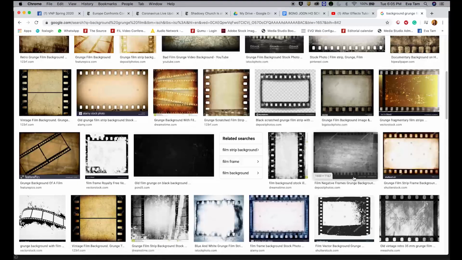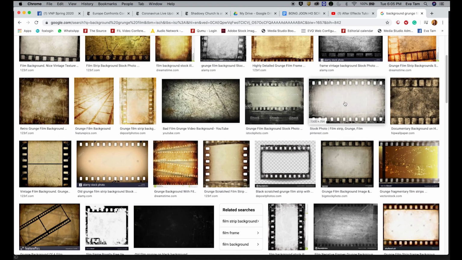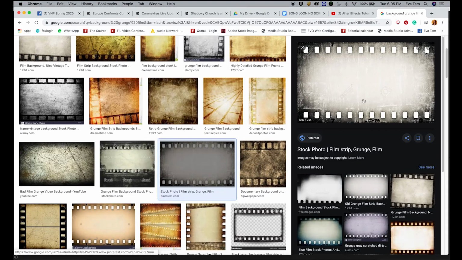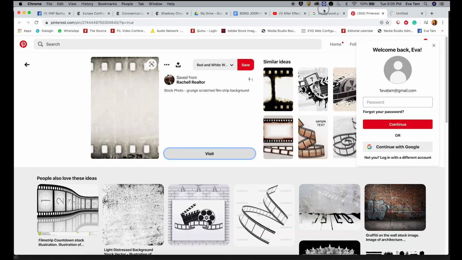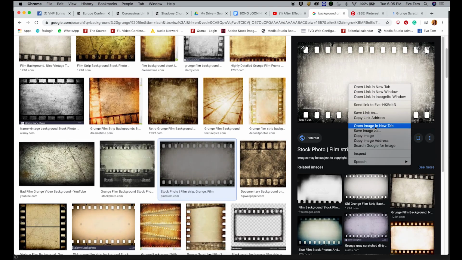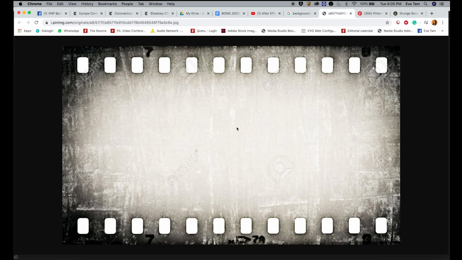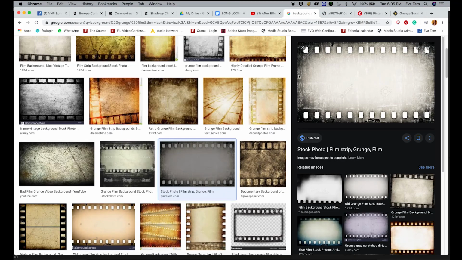So I kind of like this one. I'm going to click on it. I want to actually open image in a tab. Oh, okay, but you see here, there is a watermark all over it, so I can't use this. Forget it.